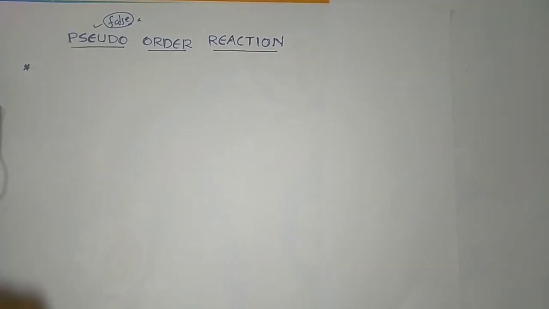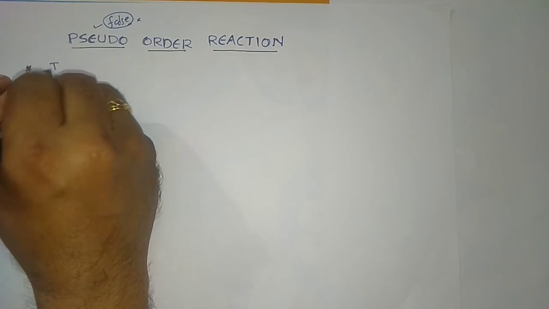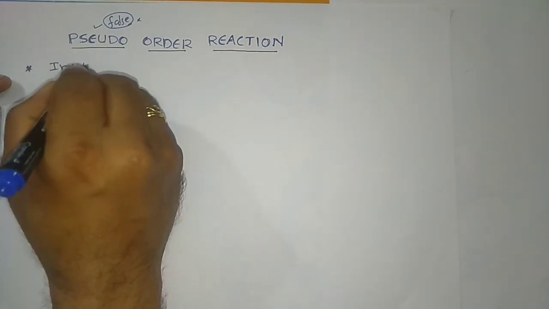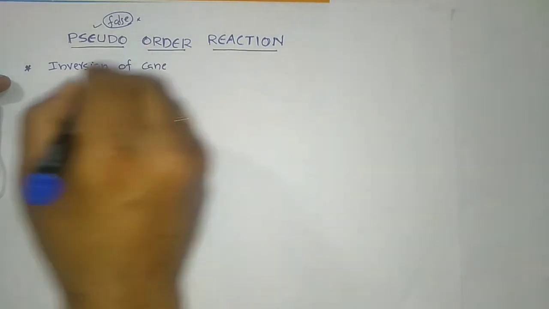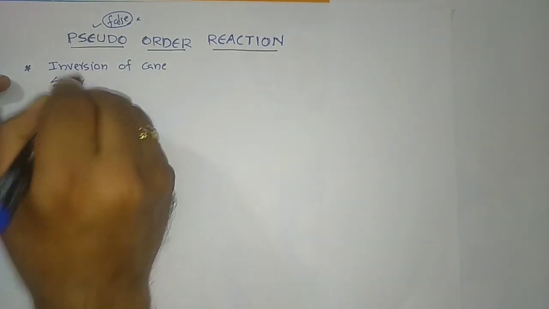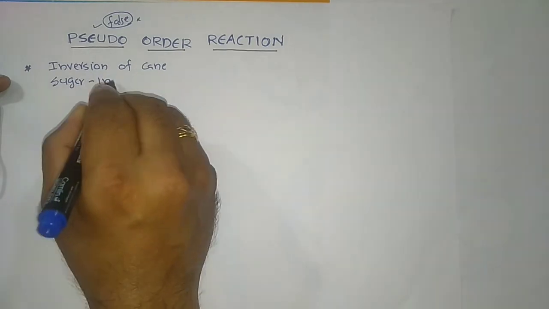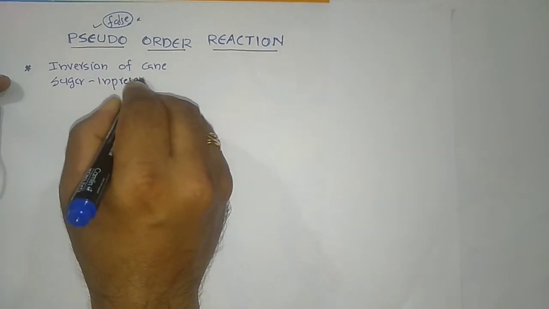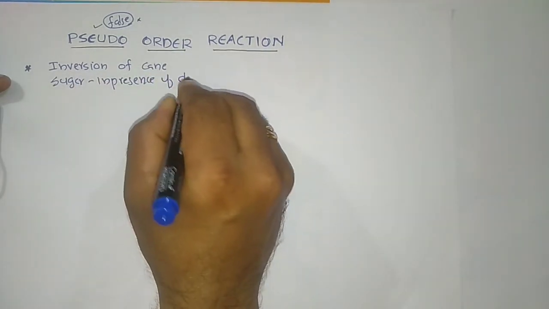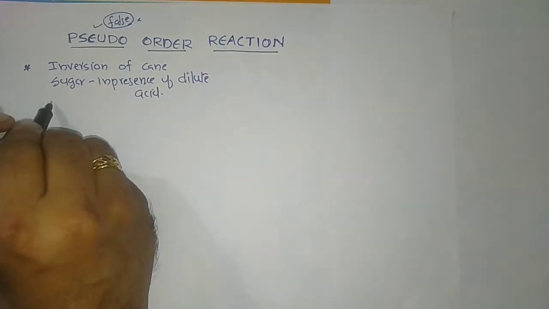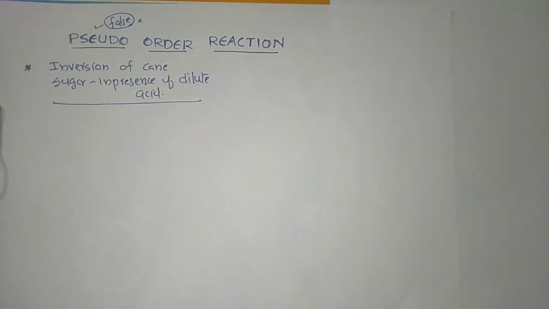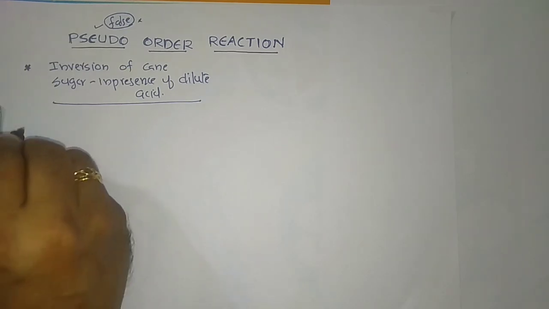an example. Inversion of cane sugar takes place in presence of dilute acid. Okay, here